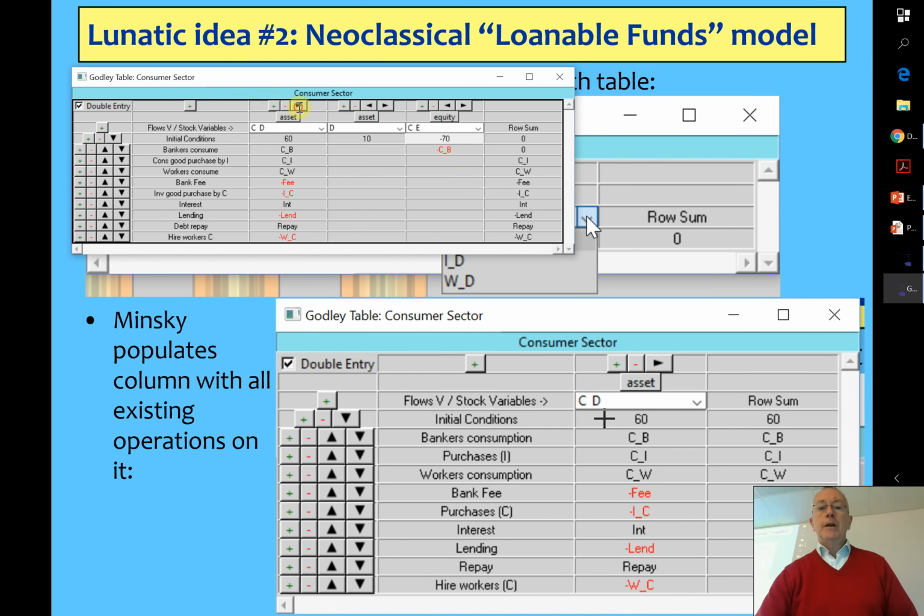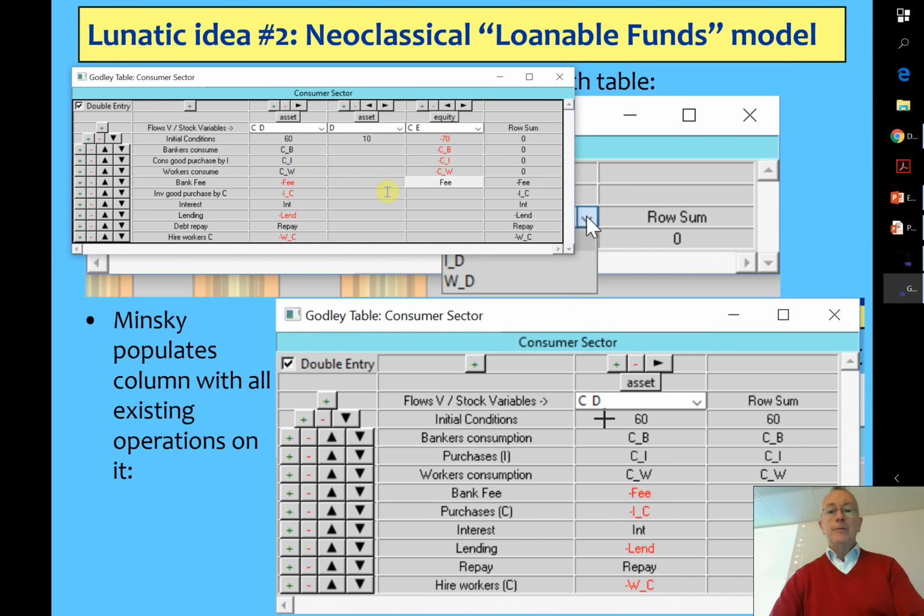Now that's that bit. Now the next one, consumer good purchases by the investment sector are also an income to the consumer sector. And the next one you have is workers consume. That's also another minus to show it as an income source into equity. And the fee is what they're paying to the bank. Well, you see, it's already a negative over here.